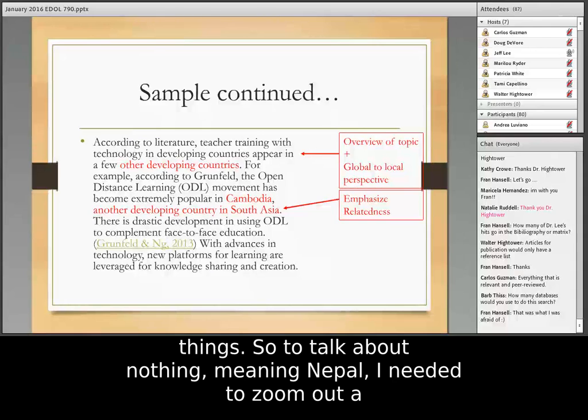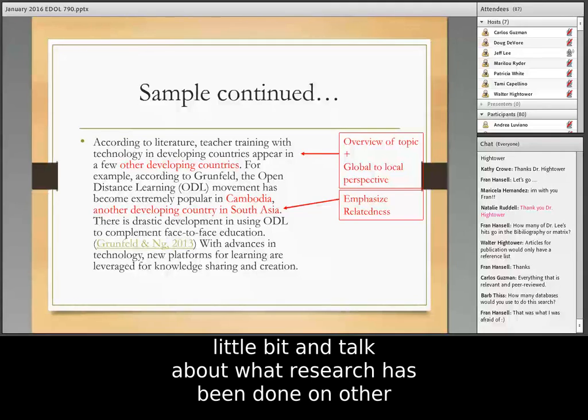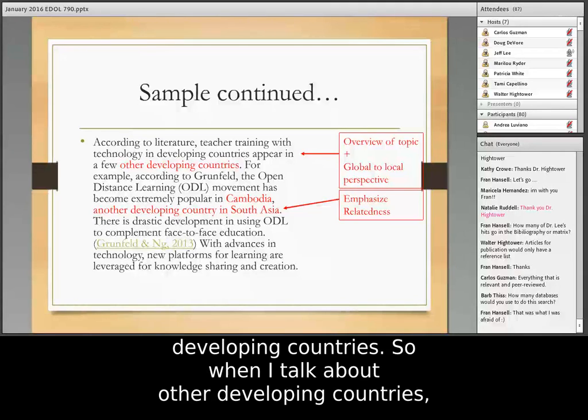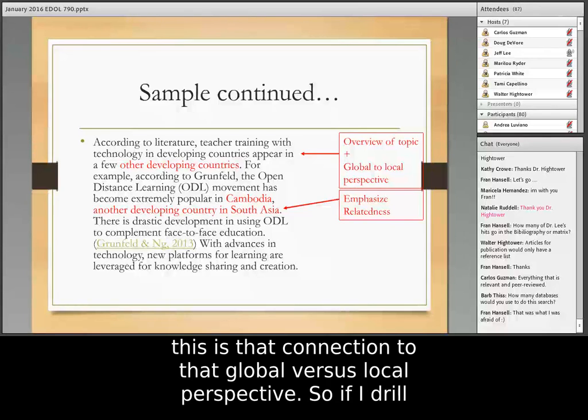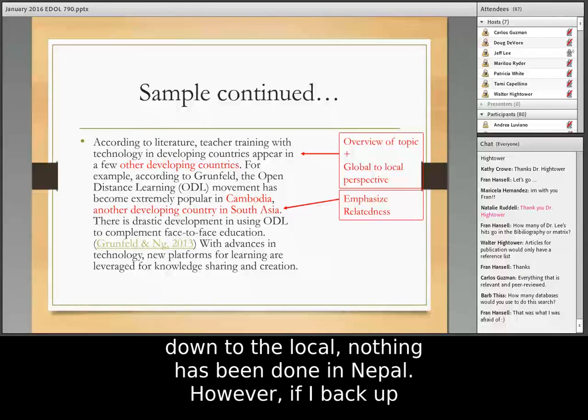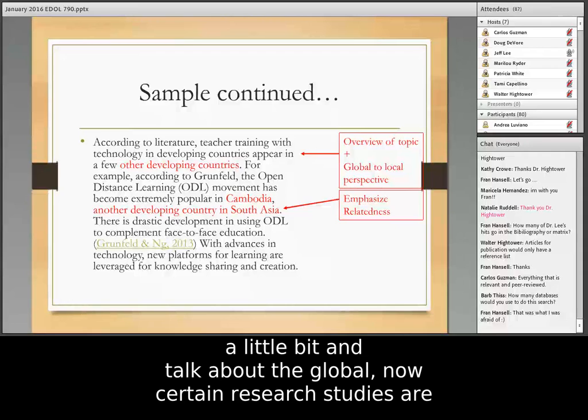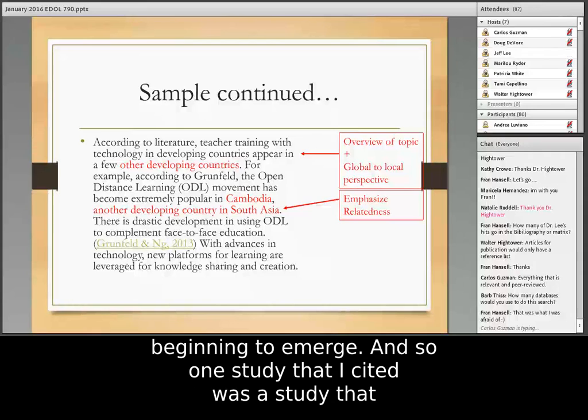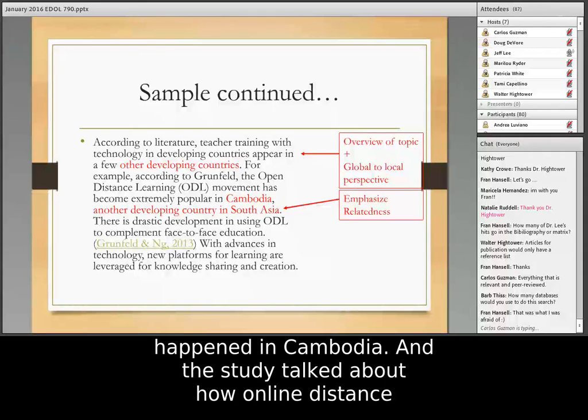So to talk about nothing, meaning Nepal, I needed to zoom out a little bit and talk about what research has been done on other developing countries. So when I talk about other developing countries, this is that connection to that global versus local perspective, right? So if I drill down to the local, nothing's been done in Nepal. However, if I back up a little bit and talk about the global, now certain research studies are beginning to emerge. And so one study that I cited was a study that happened in Cambodia, and the study talked about how